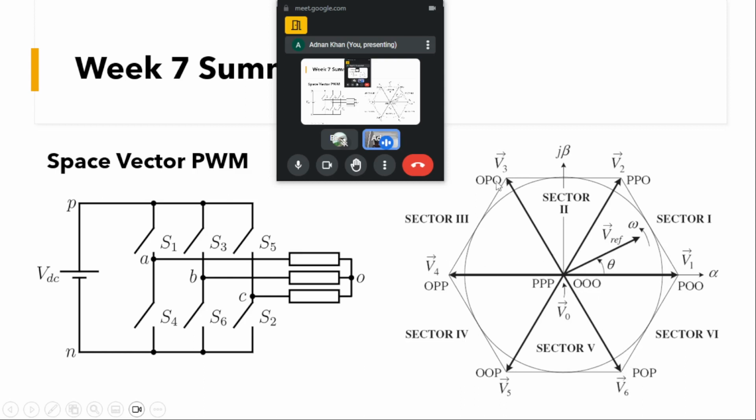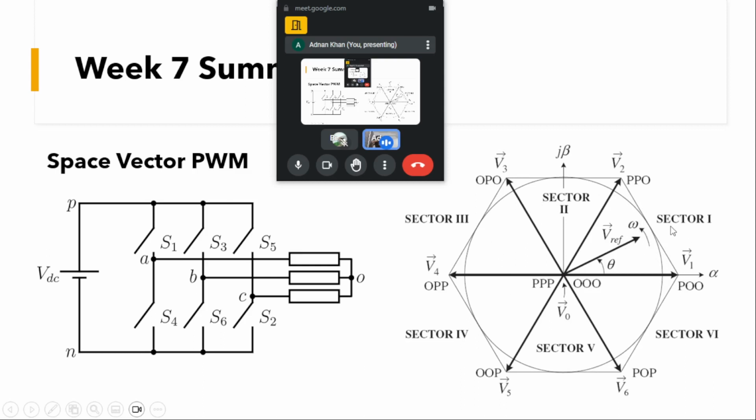So you saw, we can get any of these 6 vectors in space by appropriate switching of these devices, S1, S3, S5 and S4, S6 and S2. But by properly switching these devices, we are able to attain a space vector only at certain positions, like 0, 60 degrees, 120, 180 and so on. But if we want to have our resultant at any position in any of these